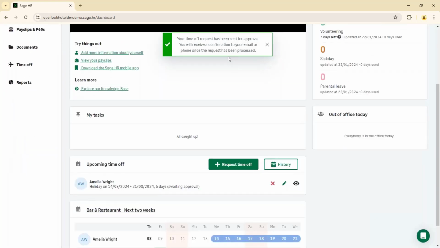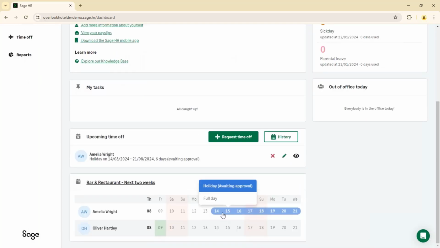So as you can see, that time off request has now been sent for approval, and the employee would receive a confirmation email or notification once it's been approved. And you can see now at the view of the calendar, we've got holiday awaiting approval. So it's in this faded blue, and then it's over to a time off approver to then go ahead and